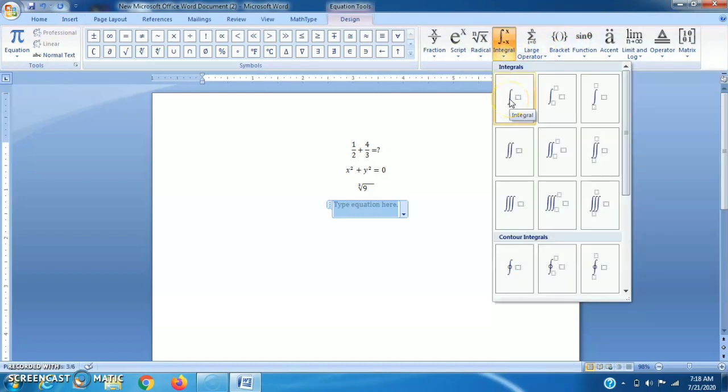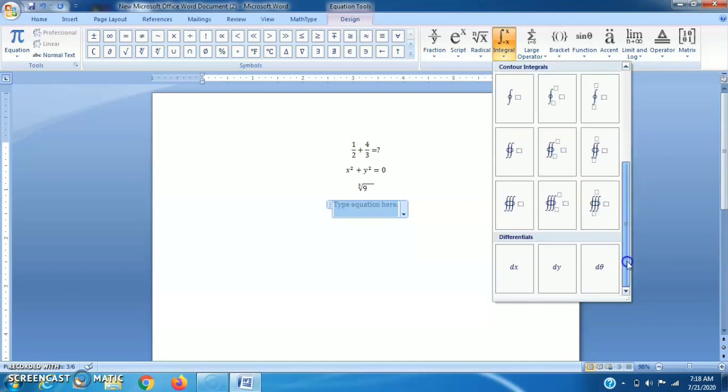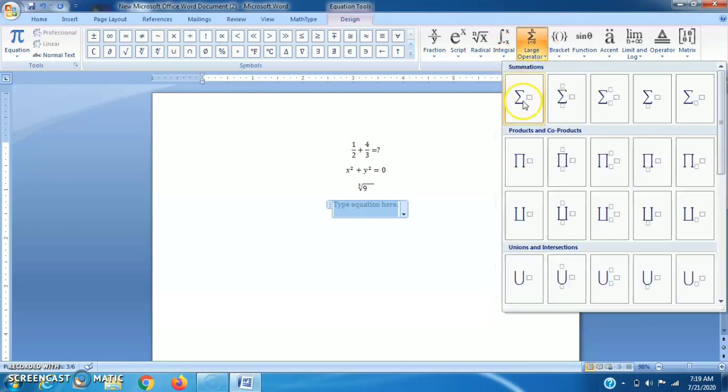If we require just a simple integral, then I can choose this. If I want to integrate the function in this format, I can choose all the types of integral from here. These are contour integrals, for complex functions, we can use any one of them. If you want to choose a large operator, summation, any type of function, we can use it.